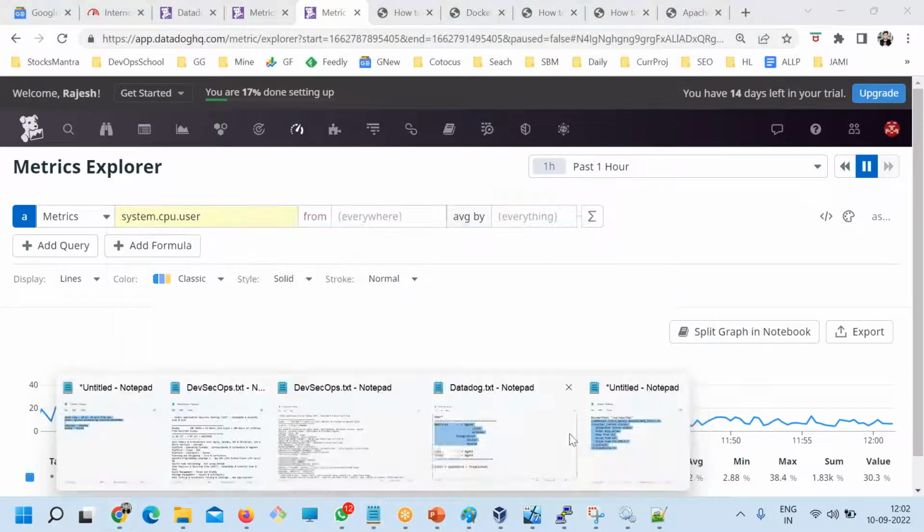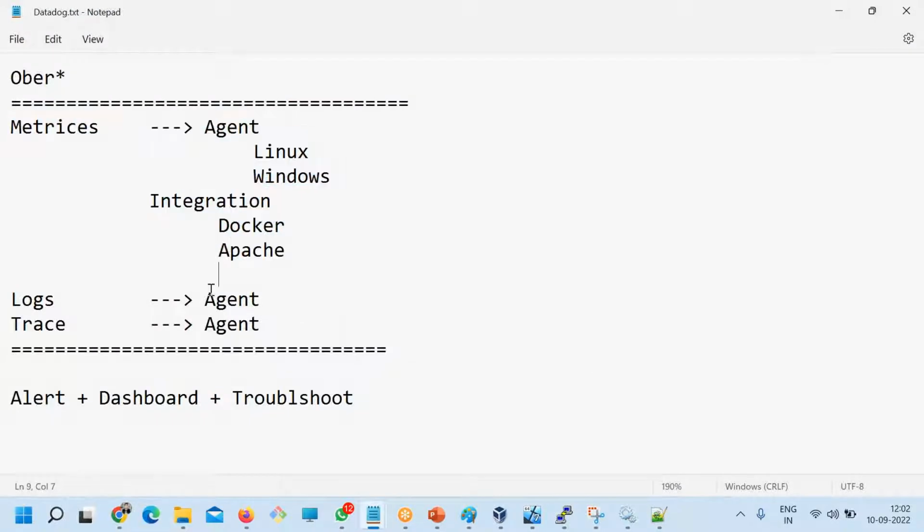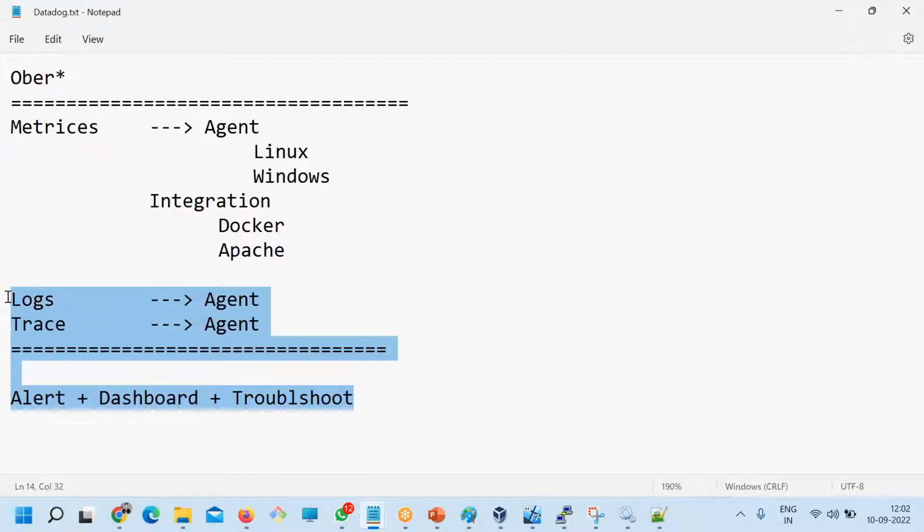Okay, so this is the infrastructure monitoring, guys. Now I'll teach you the logs monitoring and traces also, and after that alerting and dashboards. Before that, let's have one break. Grab your tea, coffee, restroom, and personal calls for 15 minutes, and then we'll resume the session.